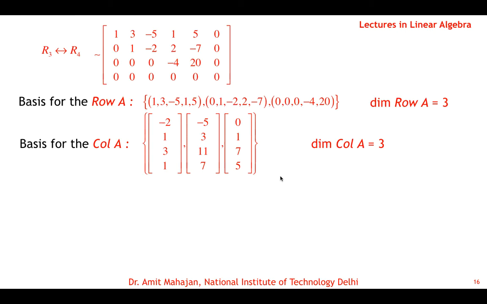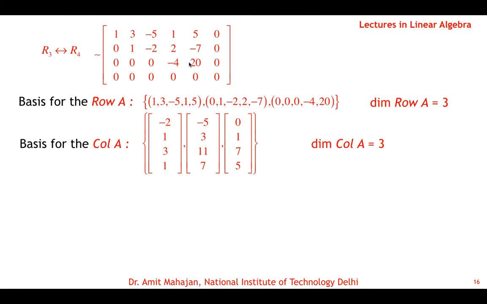For the null space A basis, we need to further reduce it to reduced equivalent form, but from here we already know how many vectors we are going to get. How many non-pivot columns are there? The third column is non-pivot, the fifth column is non-pivot. So there are two free variables. The dimension of null space A is 2, so we are going to get two vectors in the basis of null space A. So reduce it to reduced equivalent form.